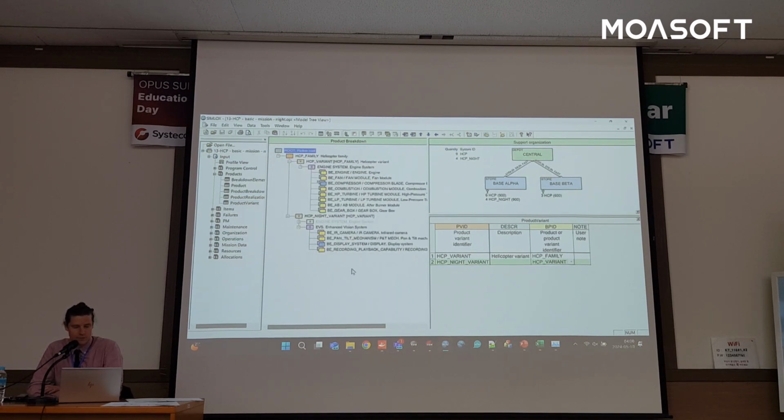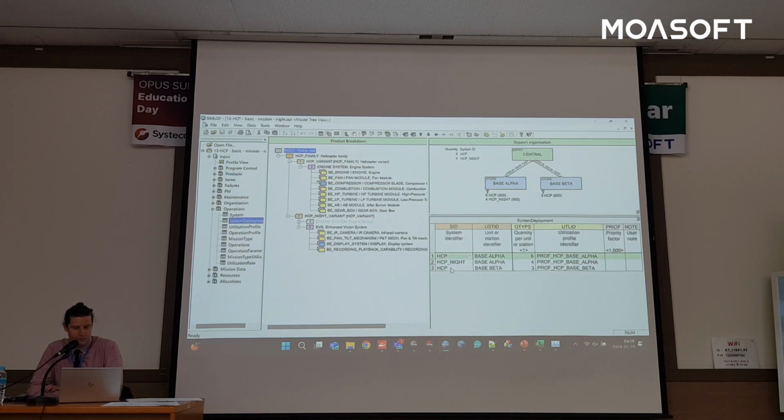And then, of course, what we do is that we define how many of our operational systems are according to these different configurations. If you remember, this is in the organization category and the operations category, in the system deployment table. We now define that we still have 6 and 3 of the original variant, but we also have 4 of the night vision variant at the alpha base. All right,